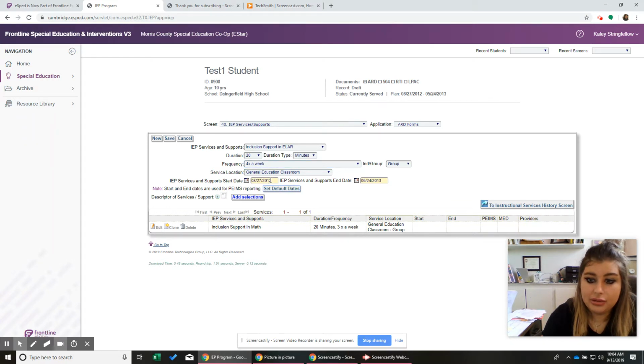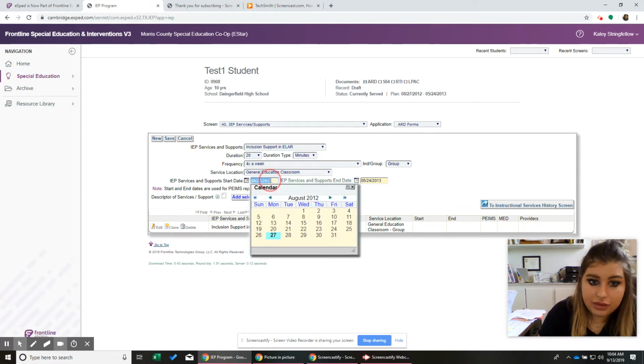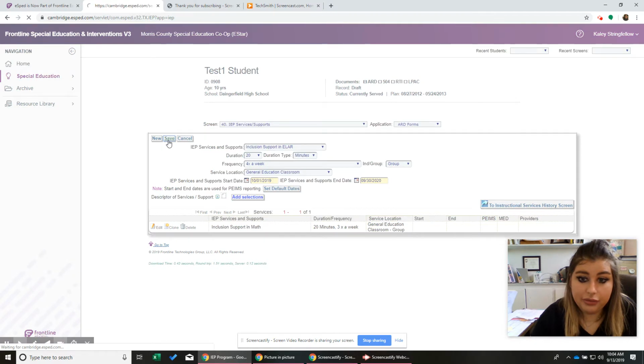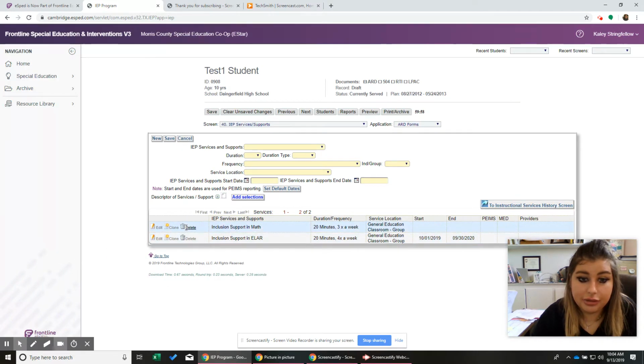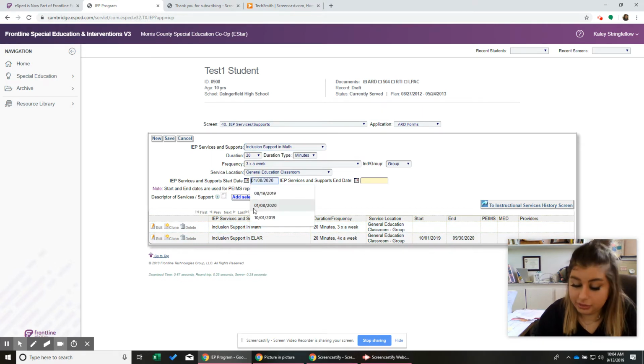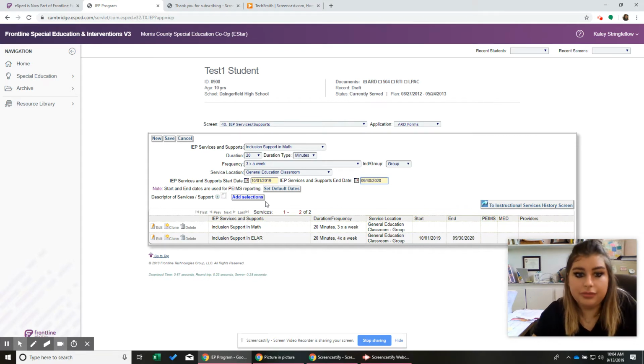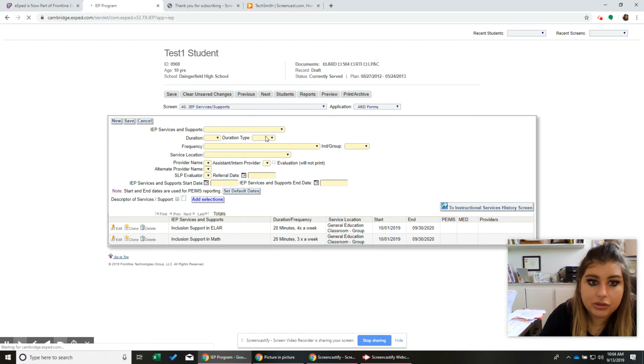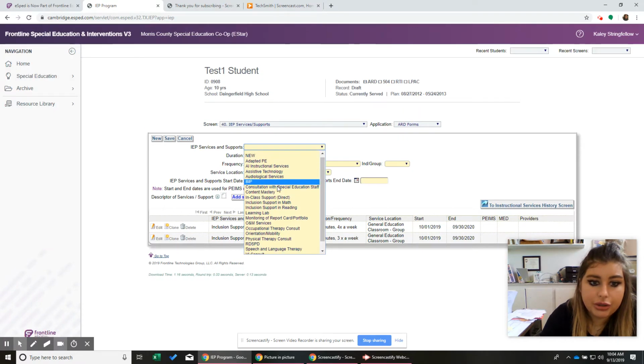And the start date, if you click this, it should work. But on this one, it didn't because it's not real and the dates are old. So you're going to just do the first day, 10-1-2019, that's the ARD date, until September 30th, 2020, one day before next year. Save. Make sure you have those dates. That one didn't, so let me edit it. 10-1-2019 to 9-30-2020. Okay. Inclusion looks awesome. Let me make sure.